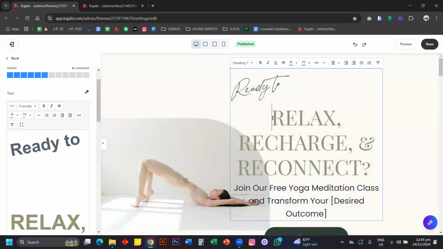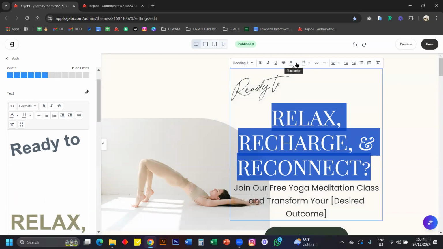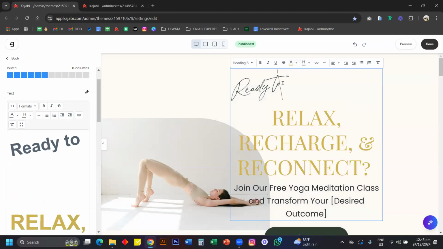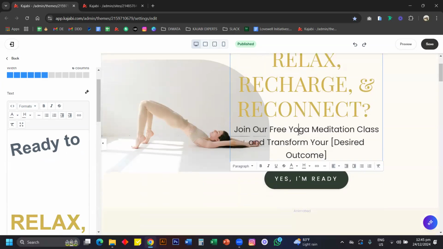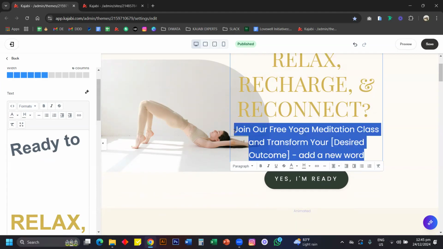You can definitely change the colors as needed to your brand colors. You can change that. If this one is not needed for you, you can just simply remove that, and that's good. You can just change this one, add a new word, and you can do that. This one